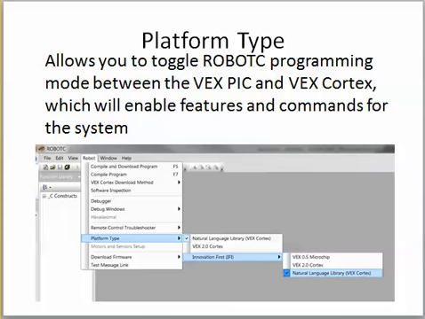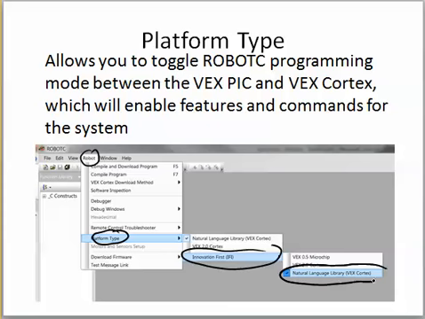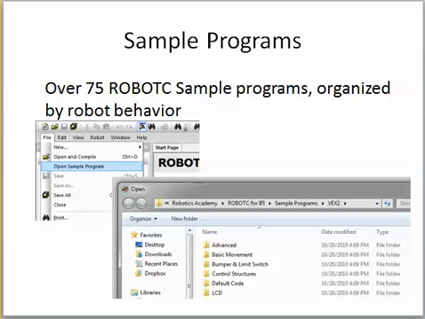What you're going to want to do is come up here to Robot, go to Platform Type, and we always want to go to Natural Language first, and then over here to the library VEX Cortex. All right, we are going to be using the Cortex because the main brain is a Cortex. We call it the Cortex because it's that type of